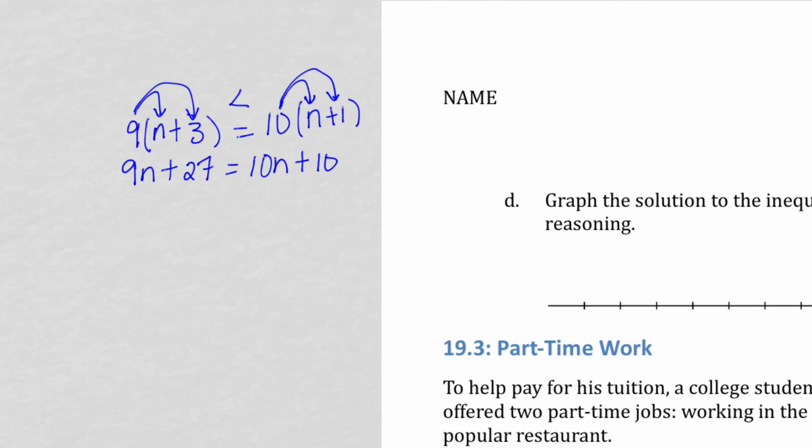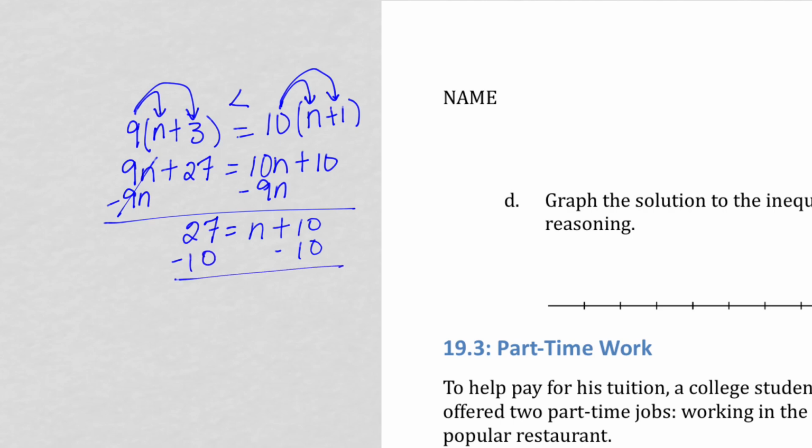Here is where you want to pay attention to what you're doing. So we don't have to divide by a negative. The best thing to do here is to recognize that this n is less than this n, okay? And this whole number is less than this whole number. So if we move those to the opposite sides, we're going to keep positives. So we're going to subtract the 9n from both sides. So we get 27 equals n plus 10, subtract 10 from both sides, and n equals, let's see here,